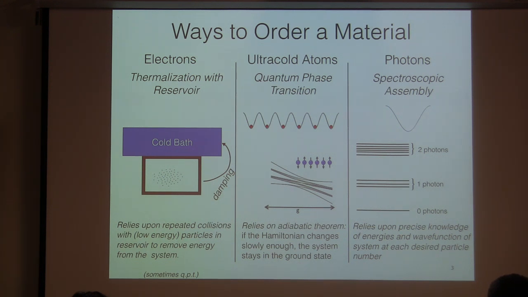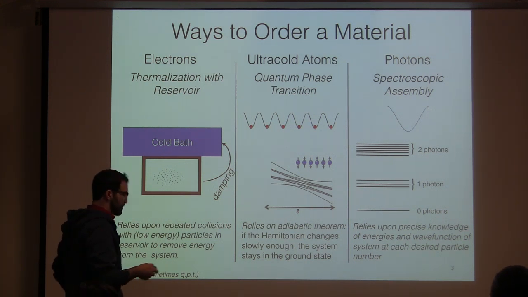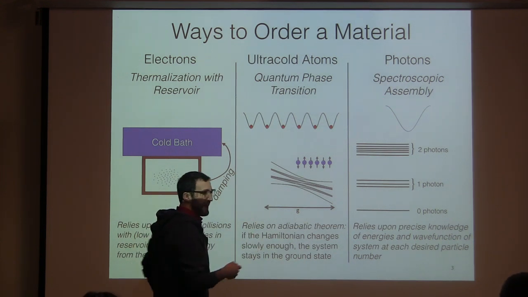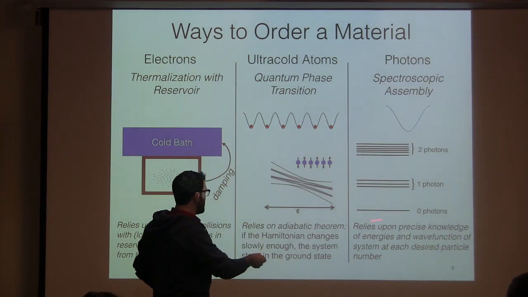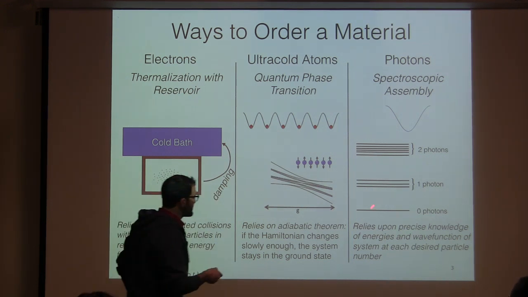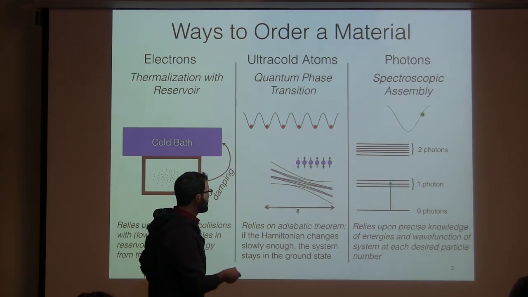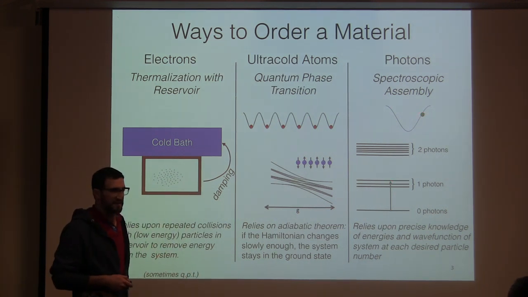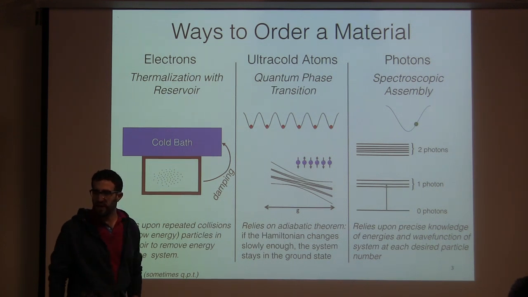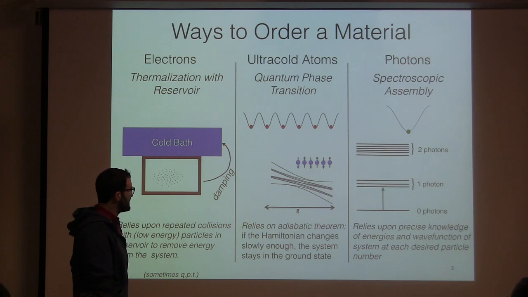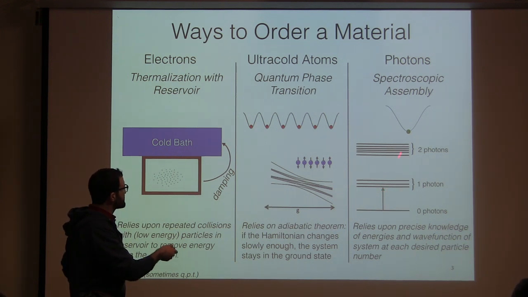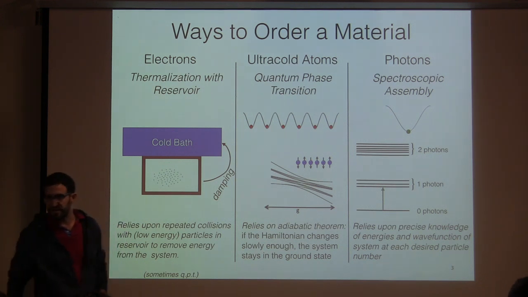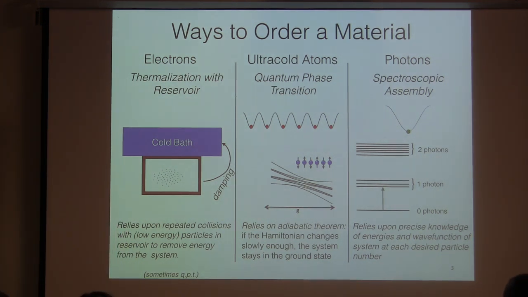Okay? So, what did I tell you about yesterday for optical photons? Well, I told you actually a rather different story. So imagine I have this trap, and it starts with no particles in it. So we start in this state. Well, what I told you was, I can excite the system, and if I excite at some high energy, I put particles into excited states of this trap. If I excite at slightly lower energy, I put my particle into a slightly lower energy state. And if I excite into this lowest quantum state, I put a single particle into the lowest energy state of the trap. Okay? So, how do I make a many-body kind of ordered state here?